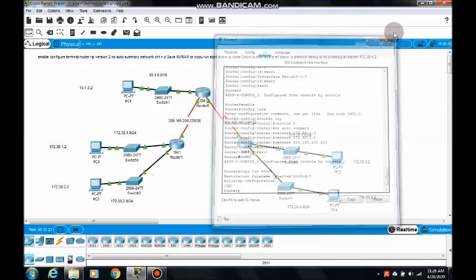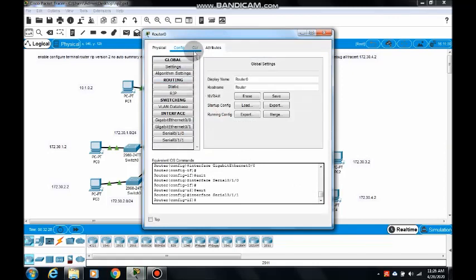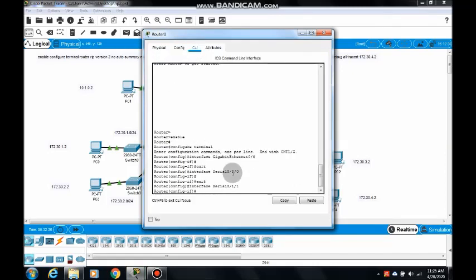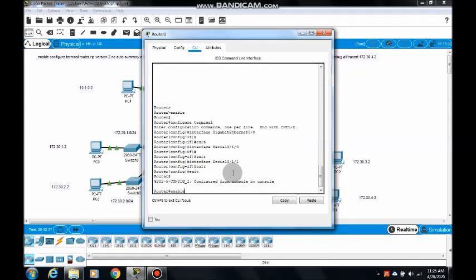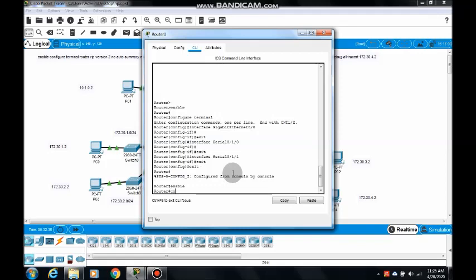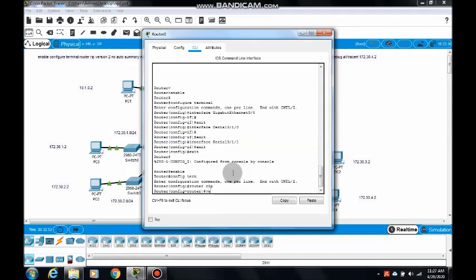Now close the window, click on router 0, go to CLI mode, exit. Now give the enable command, move into the config terminal mode, set the router with RIP protocol, set the version of the protocol.